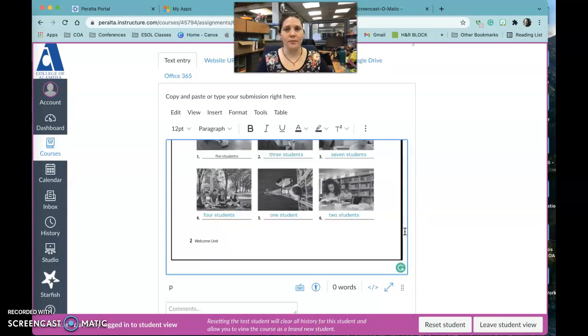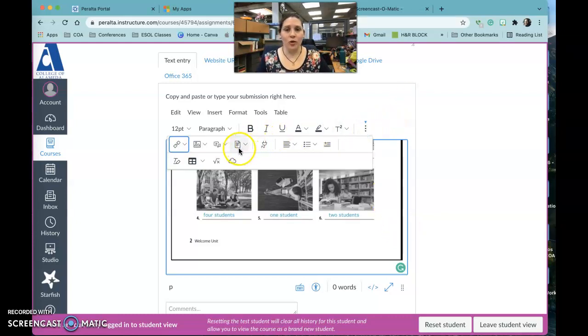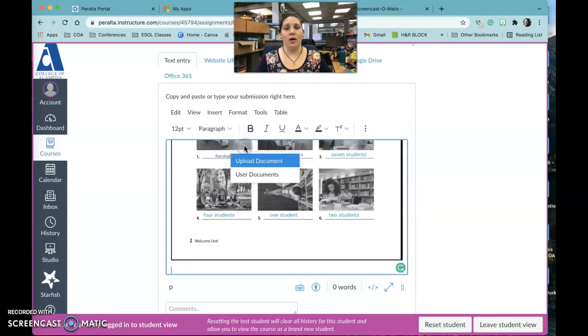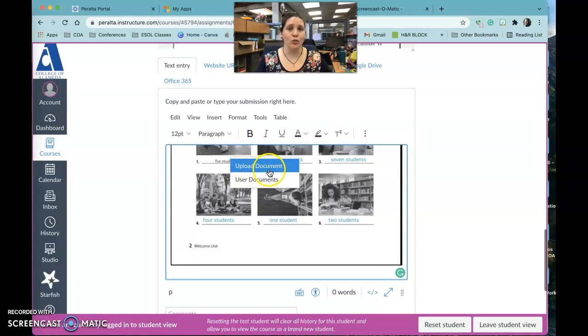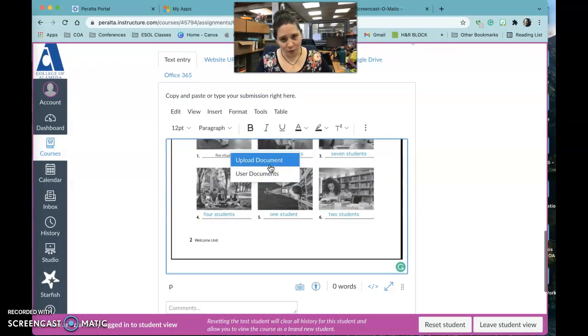My homework is there. The other way, if you use Word, or if you saved your homework as a PDF file, you can also upload it. So you click again on these three dots, but you go to the icon that looks like a page, and then you click on it, and then it says here upload document. So you click in there,